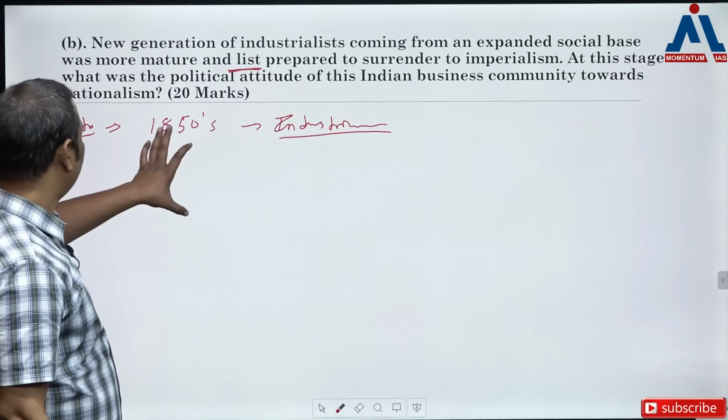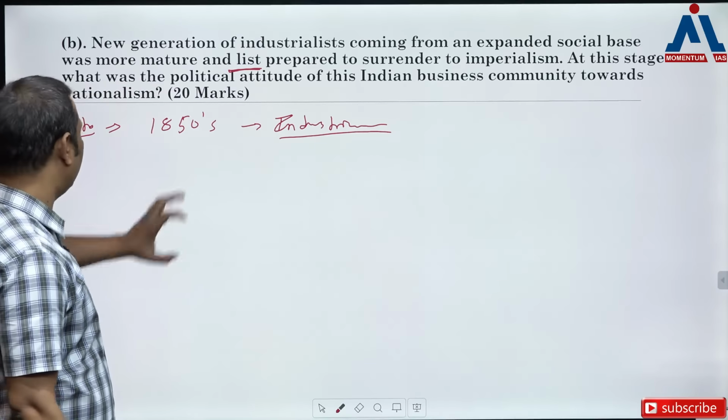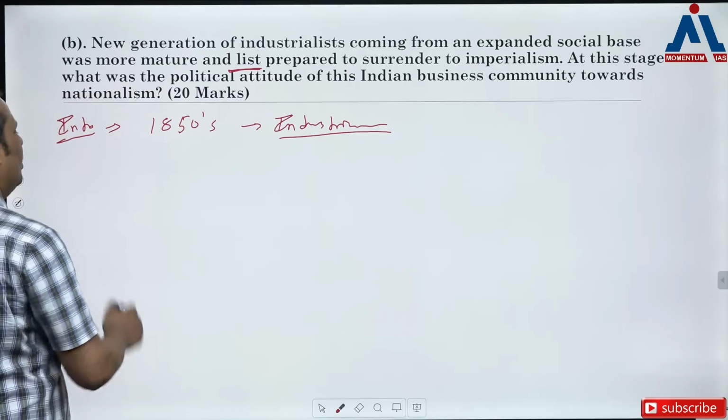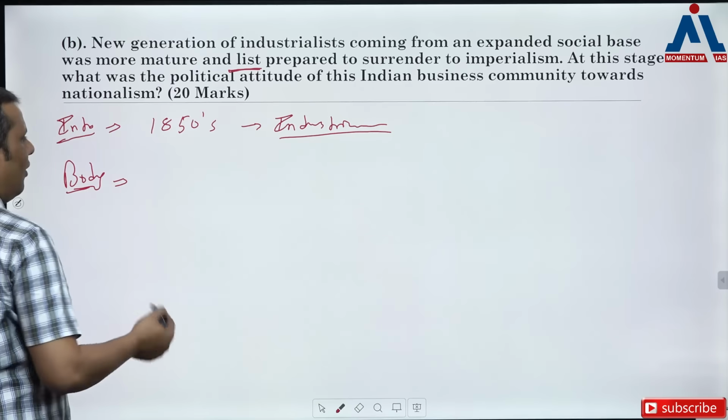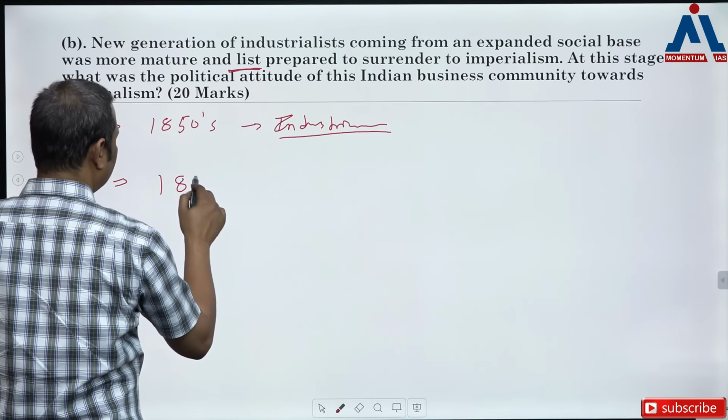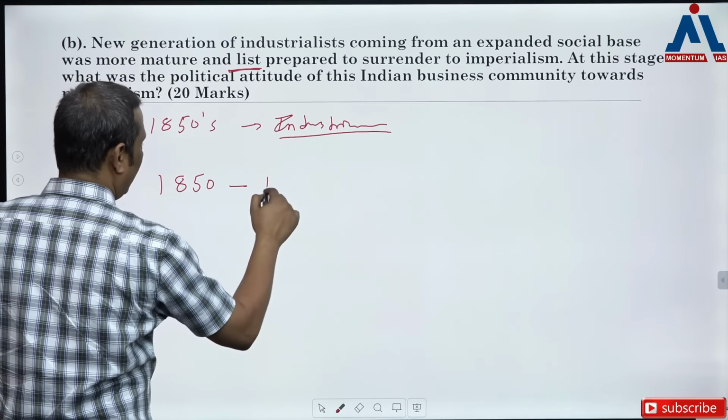So basically you can talk about the industrialization of India, and then it comes to the body part, and you'll write about the growth of this industrialization from the 1850s